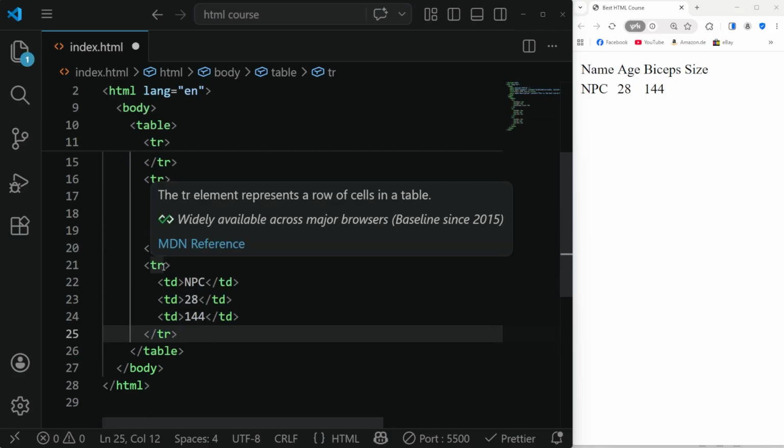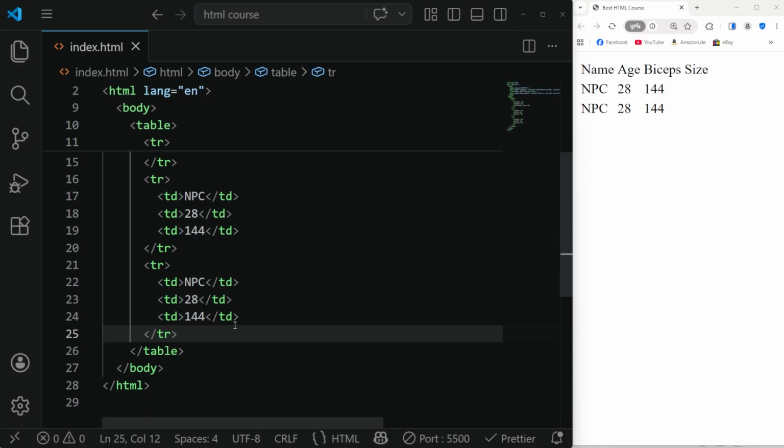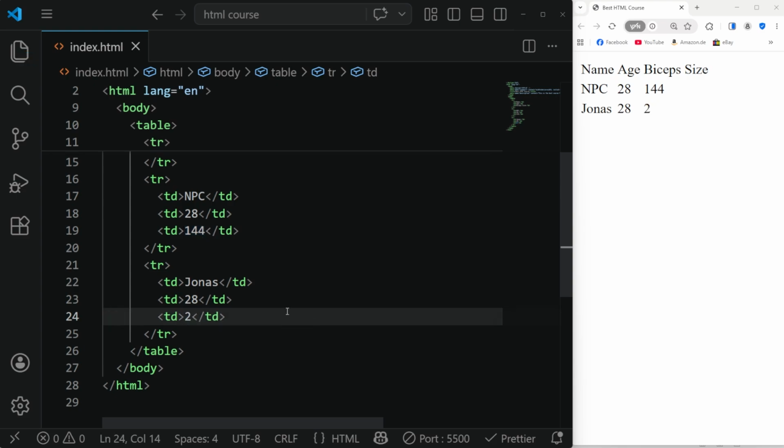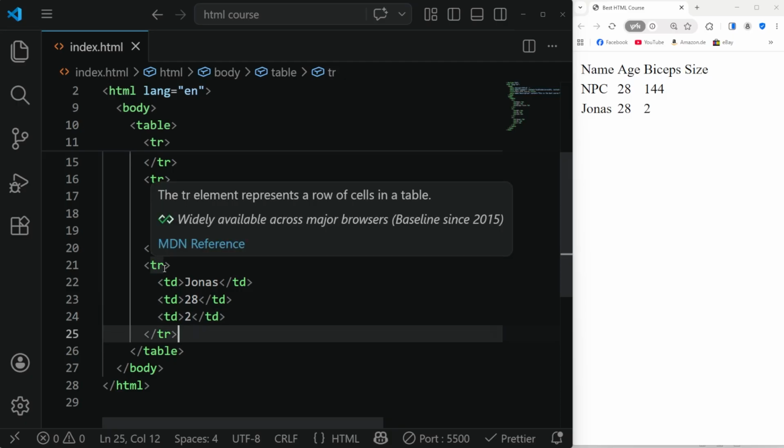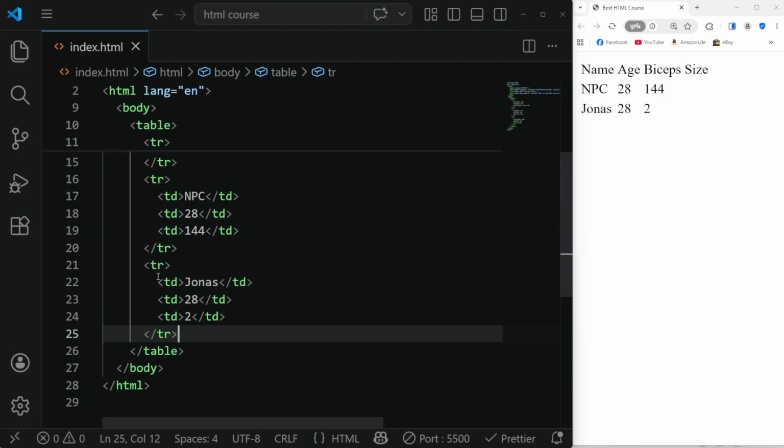And now we have a second person, so let's just duplicate this row. We'll add a second row, or a third row in this case. And right here we have Jonas. He's also 28, but he has a bicep size of 2 centimeters, for example. So he has a pretty small biceps. So now we can just add rows over and over again by using TR to add a new table row. And now we can populate those table rows by using TD, which stands for table data,